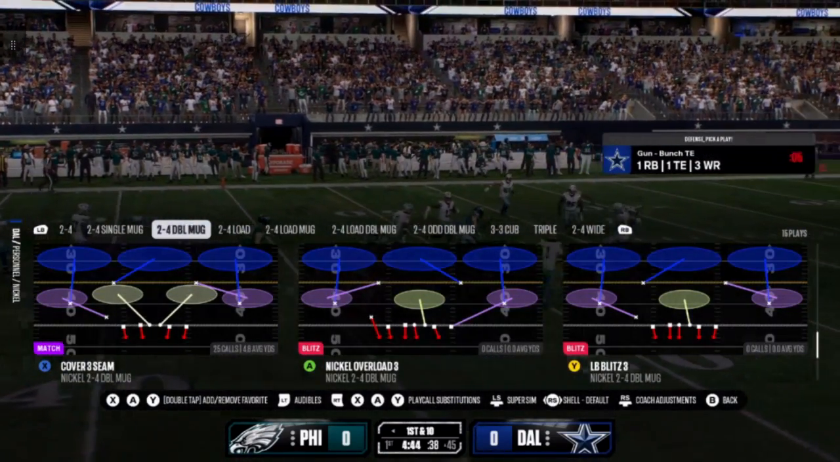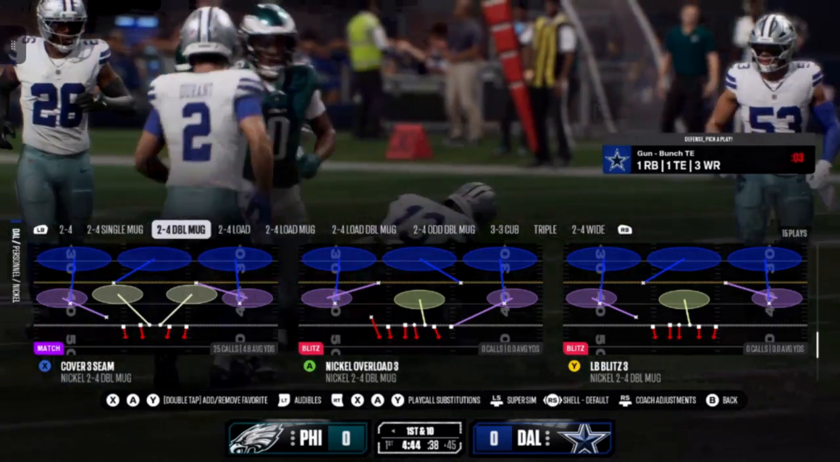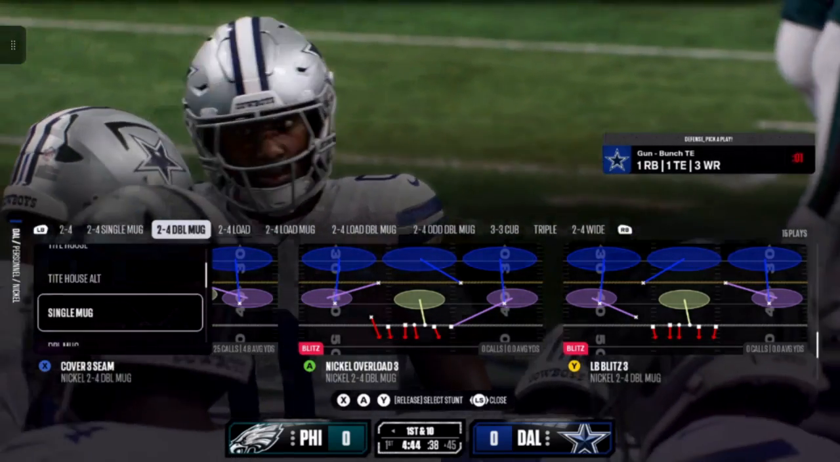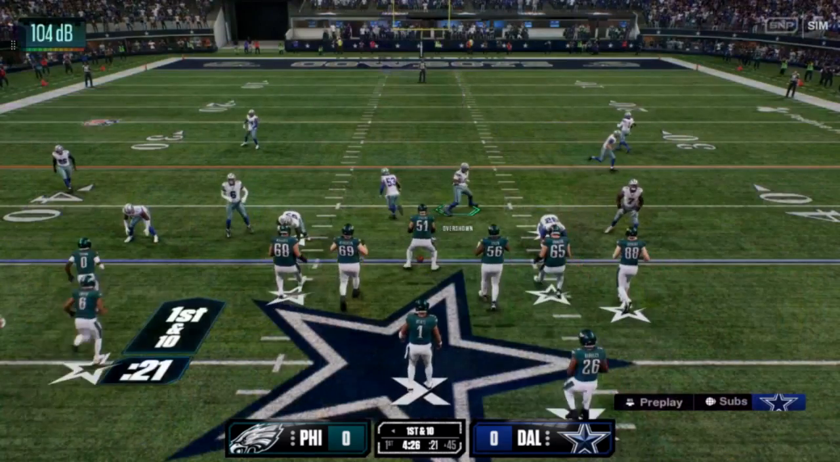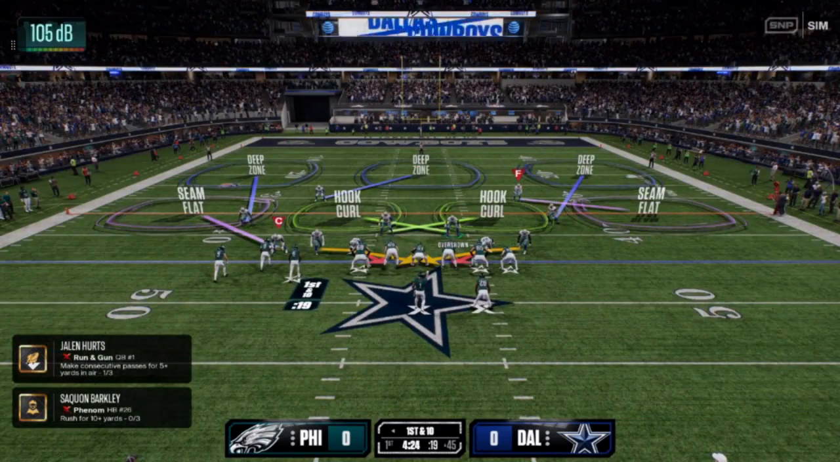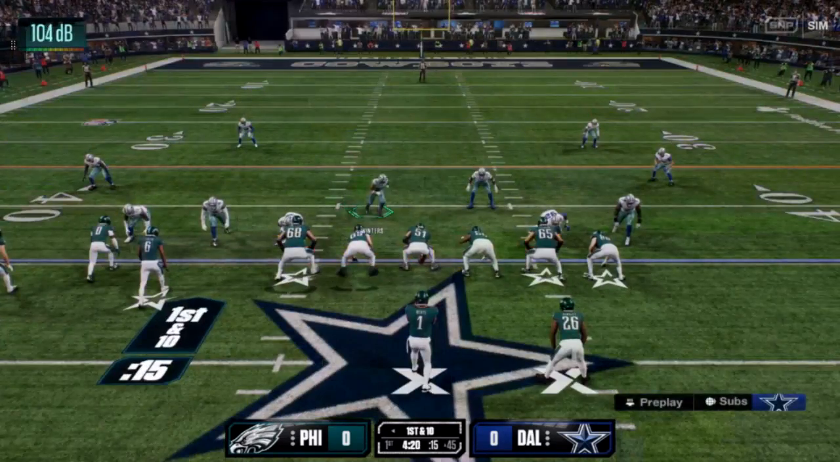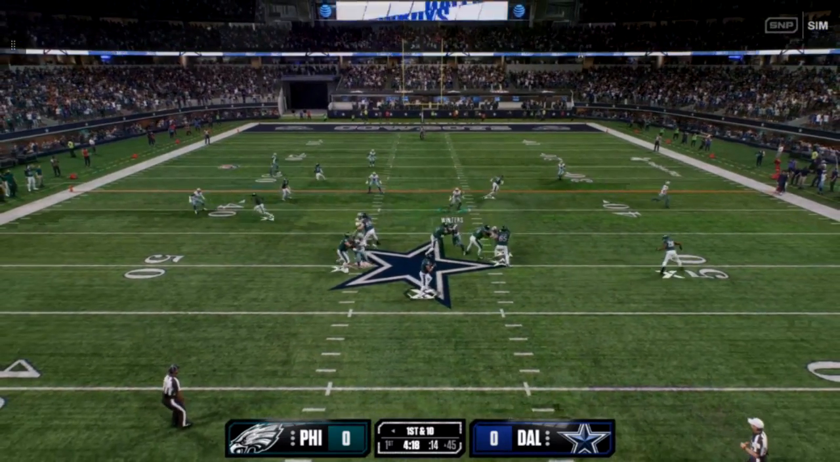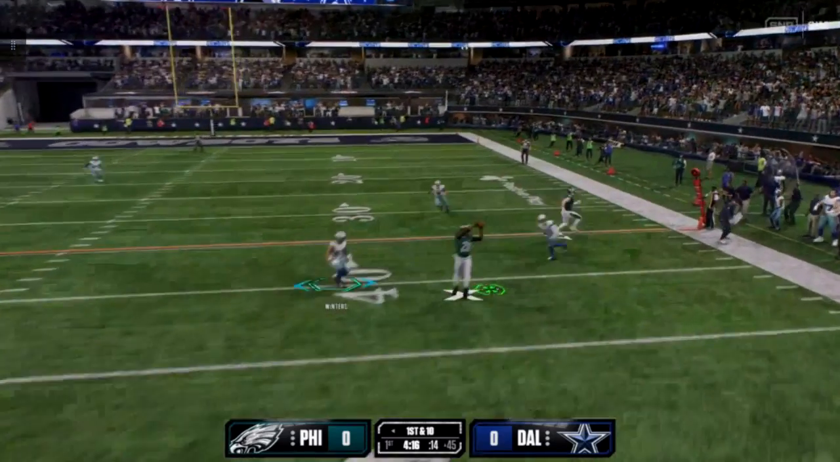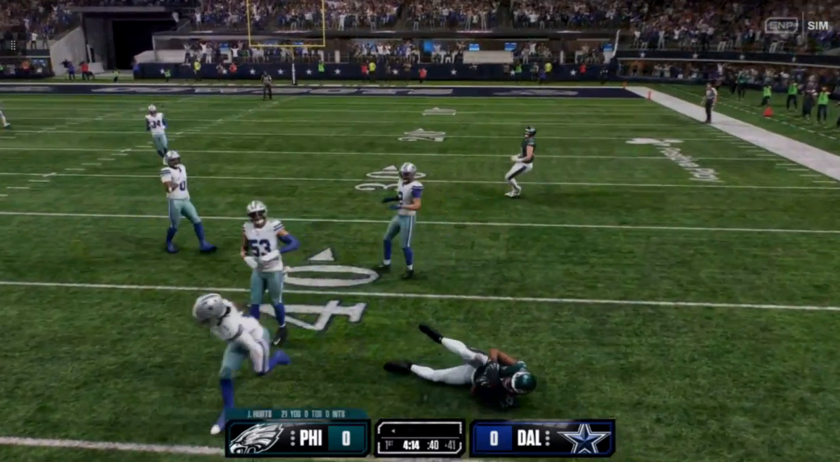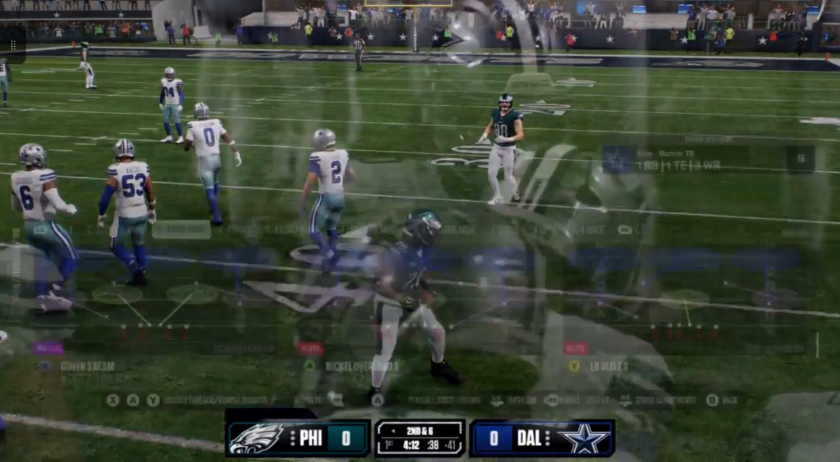In order to select it in the play selection menu, you're going to press and hold the play that you want to do it from, and then you select your custom adjustment. And as you can see, this is what it looks like. Now I have to manually adjust these guys because for some reason it's still having the linebackers cross. But as you can see, that is how you select your custom adjustments, and that is the effect of the